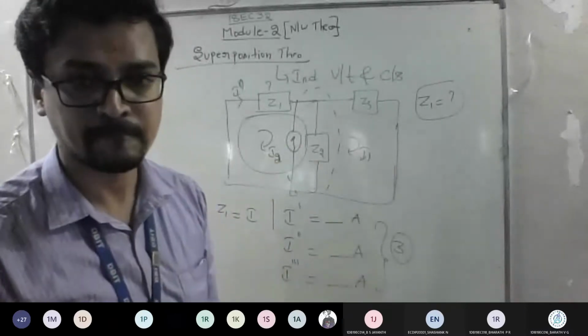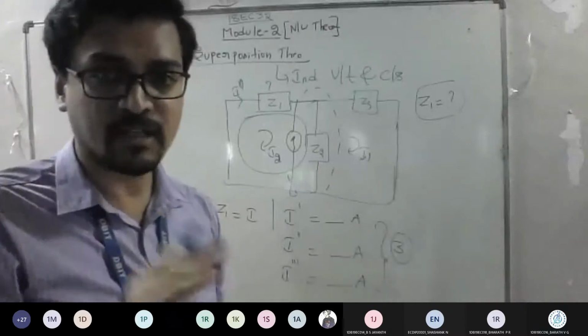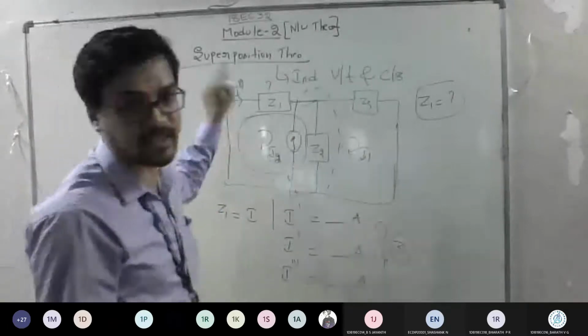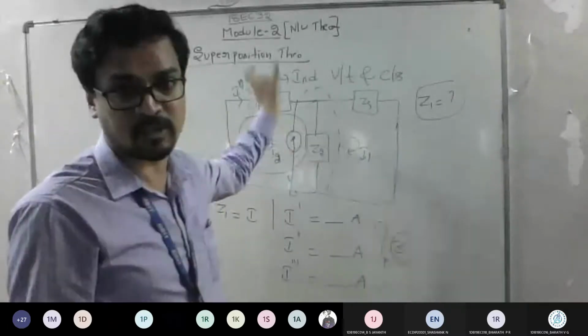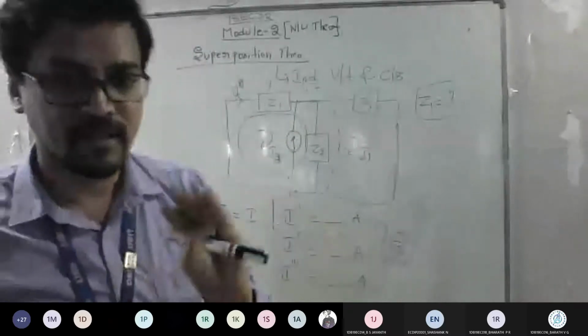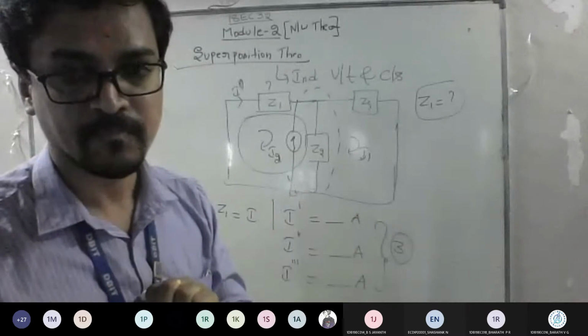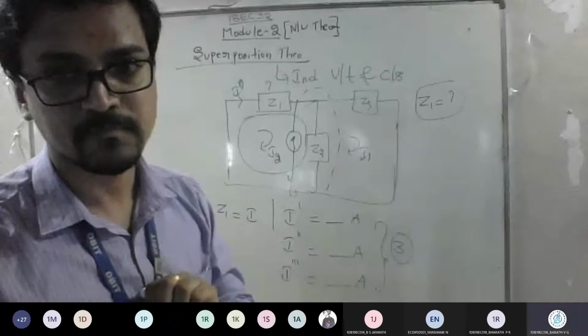See, the procedure of calculating the current remains the same. The only thing is you need to make three different currents. That's all. I need to find the current across this Z1, is what the question says. So I found case 1, case 2, case 3, three different currents. Is it fine till here to everyone? Am I clear? Yes, sir.